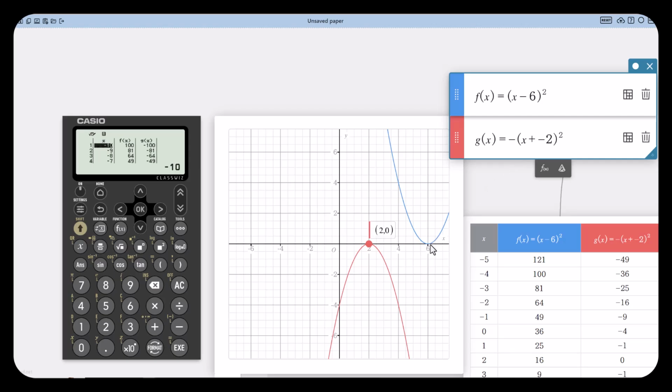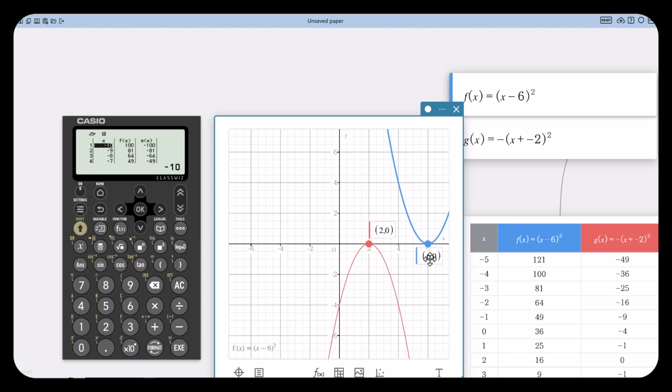And now you can start adding on. I'm not going to go too in depth here, but if they know that left or right is going to be adding a positive or a negative: if they want to go right, they're going to add a negative, and if they want to go left, they're going to add a positive. And if I want to go up, we already talked about that. So what if I said, okay, I want my g of x to end up with a vertex of -3, 4. That means -3 is to the left, and 4 is up.